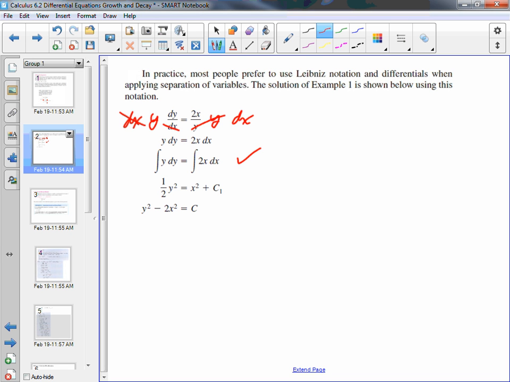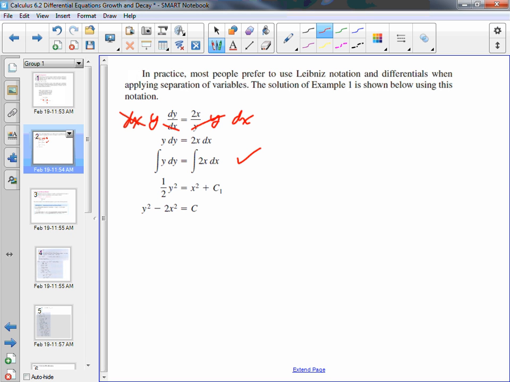On the left side, the integral of y, use the power rule on it. Add 1 to the exponent. Now it's a 2. Divide the coefficient by that new exponent, so that makes it a 1/2. So 1/2 y squared. Don't bother putting c. Equals, on the other side, the antiderivative of 2x. Power rule that one. Add 1 to the exponent. Now it's an x squared. Divide your coefficient by that new exponent. 2 divided by 2 is 1. So it's just x squared. Now, go ahead and put a plus c. And they put a plus c1